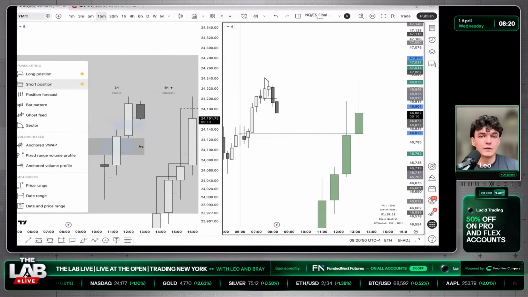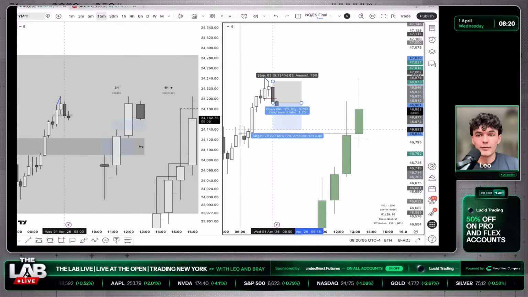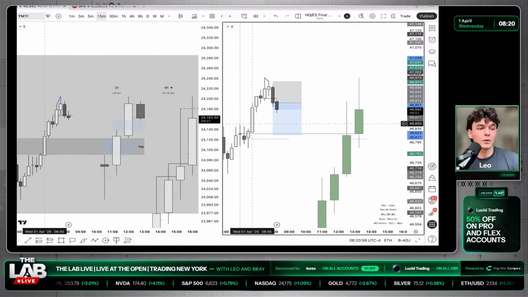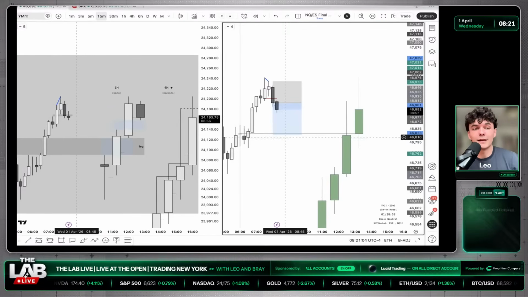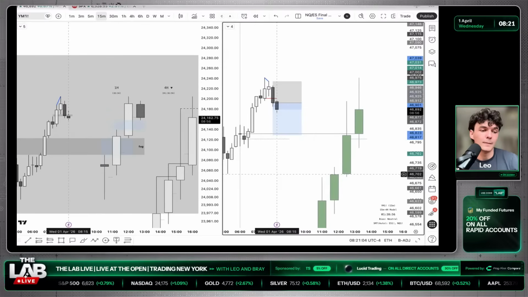Also, just to map out this short for you guys, we have an SMT. Stop would be at the high, target a 1.5R here on YM. But the reason, as I mentioned, I'm skeptical for these shorts is we have this large imbalance. So if YM comes in here, we could form an SMT within gap fill, which could definitely send the market higher here off this retracement.